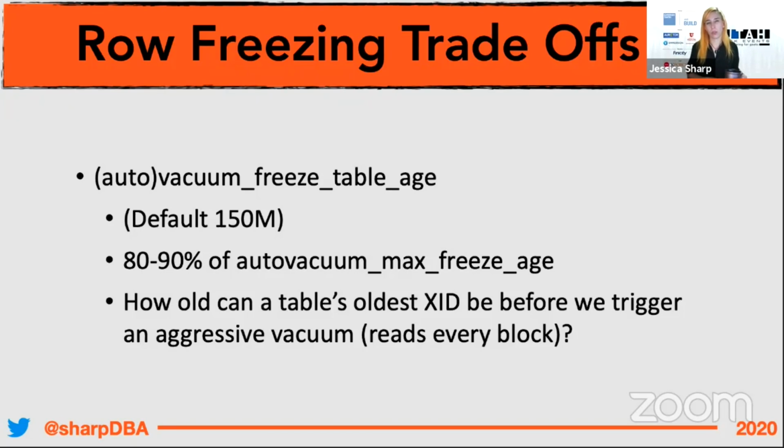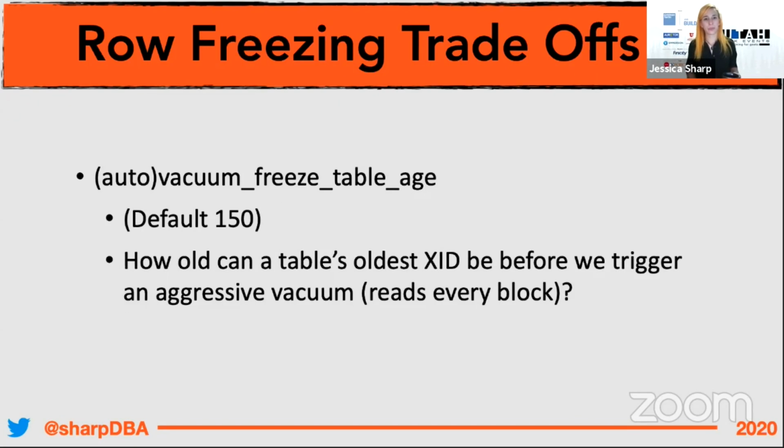So you may want to look at maybe not 90%, maybe go with 80% of your max freeze age overall if you need to get more server resources, if you need more memory on your server, because I don't want to discourage an aggressive vacuum. They're very much needed. It's a good idea, but sometimes in a pinch it's going to hurt you in the moment.